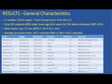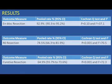In all, ESD was performed in 501 patients for 524 lesions. The mean lesion size was approximately 3 centimeters with an average procedure time under 2 hours. This slide summarizes the main outcome measures. The pooled en-bloc resection rate was nearly 93% with little heterogeneity. In contrast, there was significant heterogeneity for the R0 and curative resection rates, which were estimated to be around 75